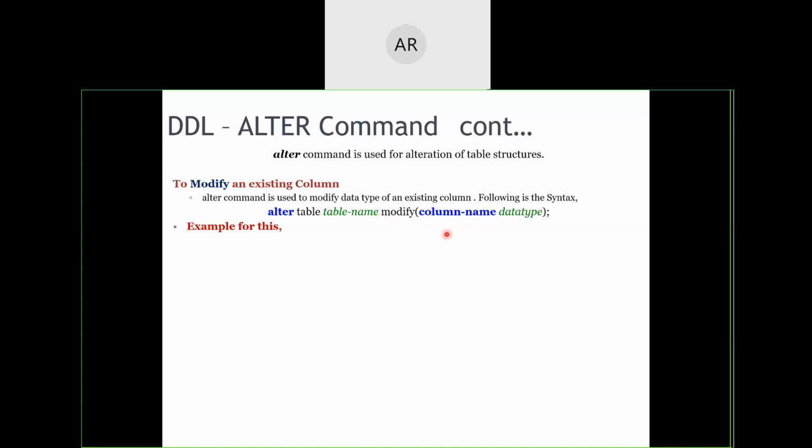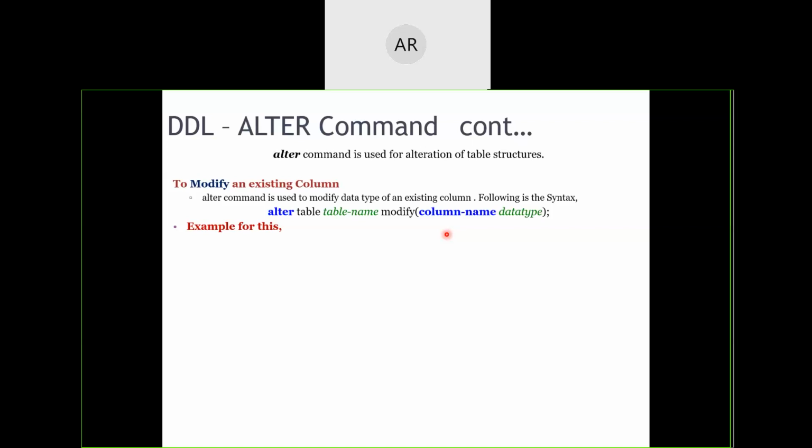It's because if the data is already there in the column, suppose the column's data type was number of 5, that means a 5 numerical digit number, and I am trying to modify it to number of 3. That means from 5 digits to 3 digits I am going to make it. Suppose that particular data is with regard to salaries, just imagine 5 digits, that's around 1 lakh, getting reduced mistakenly to just thousands. Will it be possible, or should it be possible?